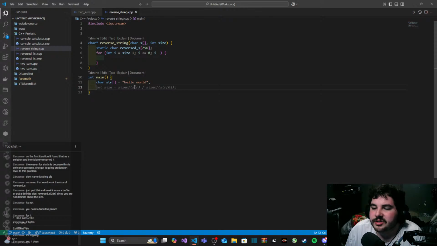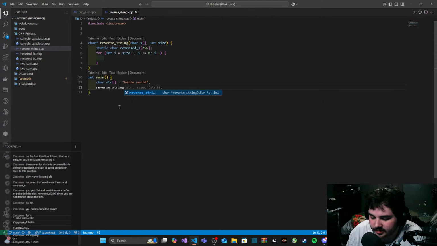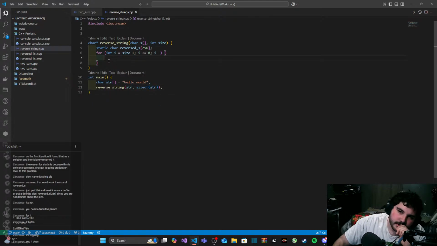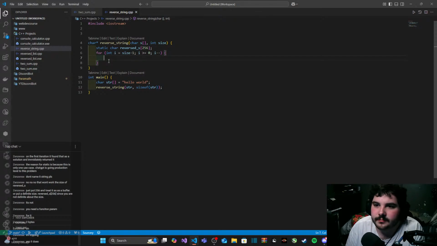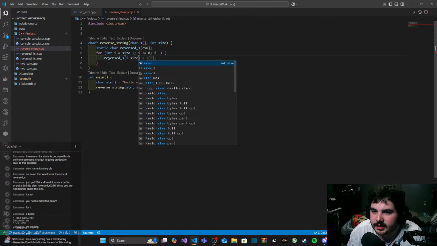So then I should be able to just do size of string. So reverse string str, size of str, like that. And then I need to reversed s, i, minus size.